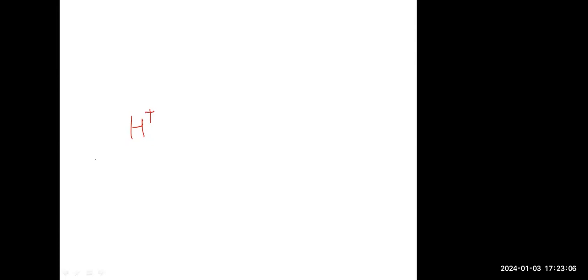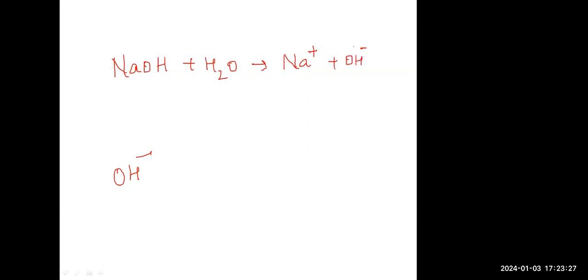But what about bases? A basic substance will always produce OH minus ions. For example, NaOH: if you put it in water, it will produce Na plus and OH minus ions. If you have KOH, potassium hydroxide,